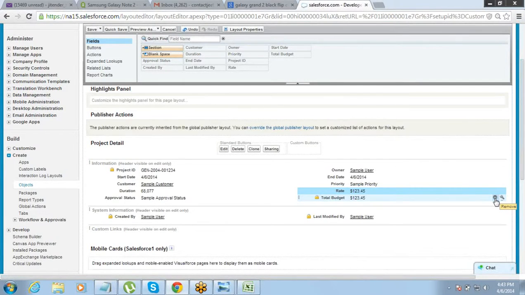Will be there in the backend. Some users can see it. It will come in the reports, but you don't want the end users to see it. Or a certain group, a certain profile, you don't want this field to be visible. You can straight away go and remove it. Right? So this way it helps you control a lot of things which are not being controlled otherwise.